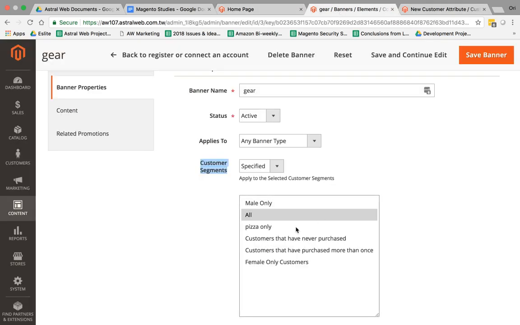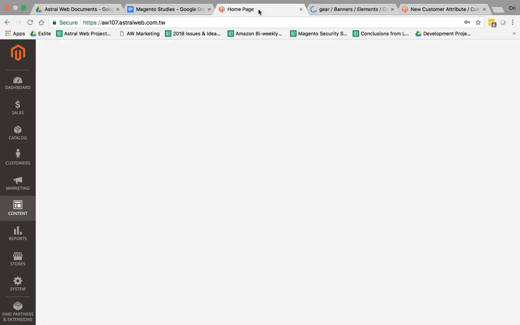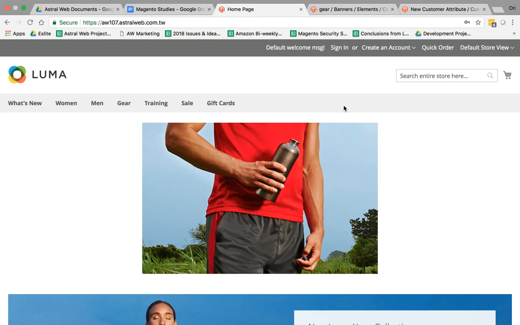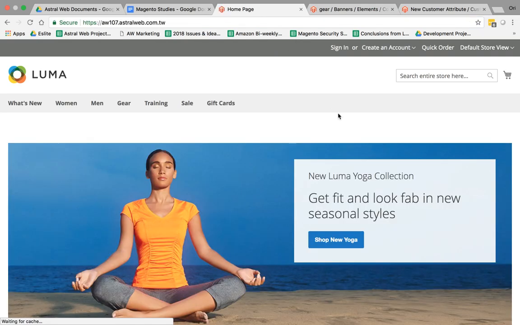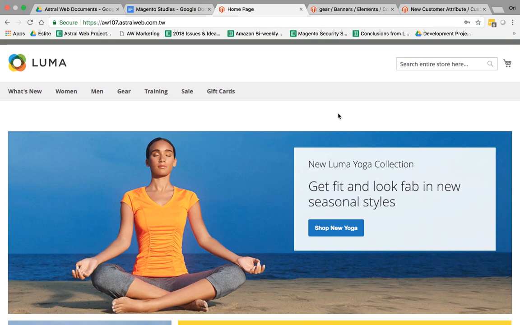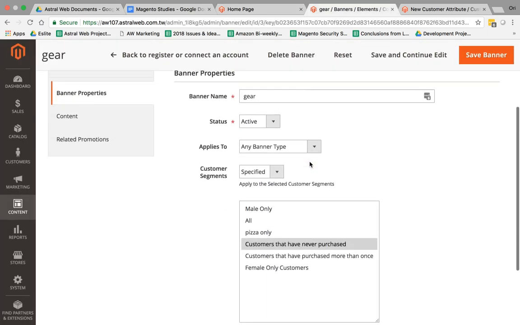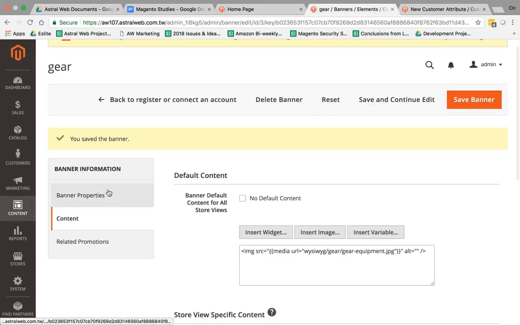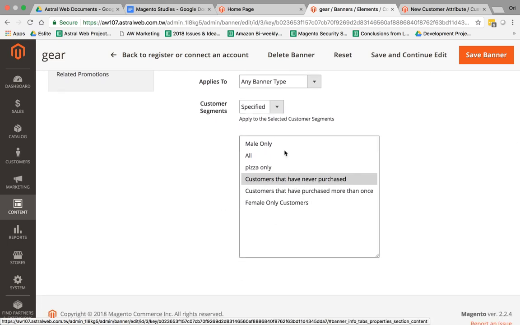But if I were to select, for example, only female only, or any of the other segments, and save it, and I'm not logged in or I am not browsing the homepage as this segment, I will not see it. So if I refresh the page, I don't see it, right? So you can completely replace banners, add new things, remove things, and basically use banners and content to showcase a better user experience for that segment. Okay, so this is just an example, so don't really worry about the setup, but the idea is banners use customer segments. You can select who sees it, who doesn't, and really make a better experience.